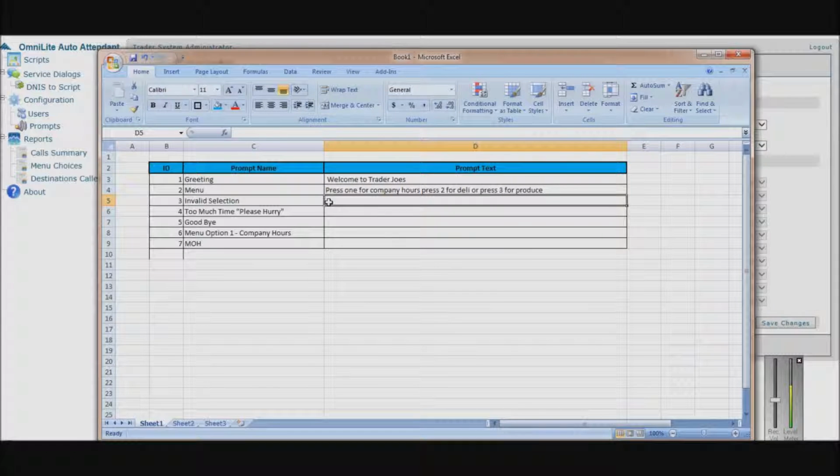I can also specify here what the invalid selection is. That was an invalid selection. Please make your selection. I can say thank you and goodbye. Thank you for calling Trader Joe's, and goodbye. My menu option number 1 in this case, which is company hours, I can say our company hours are from